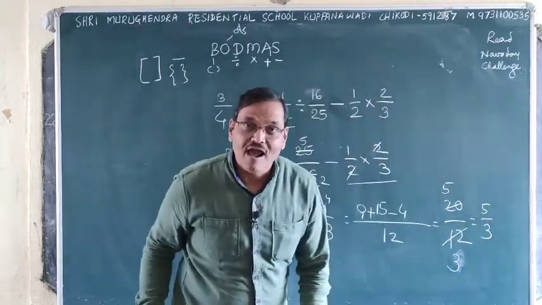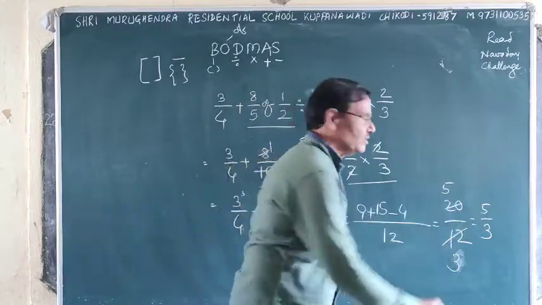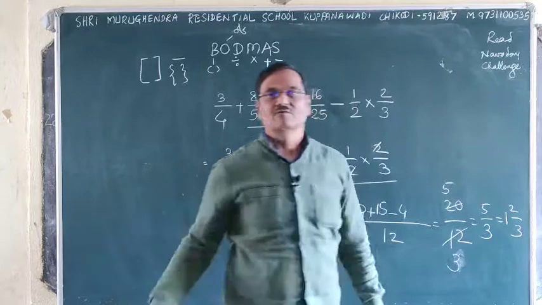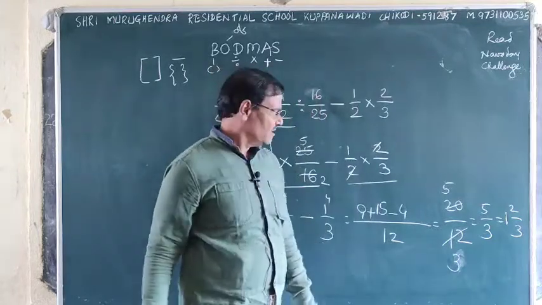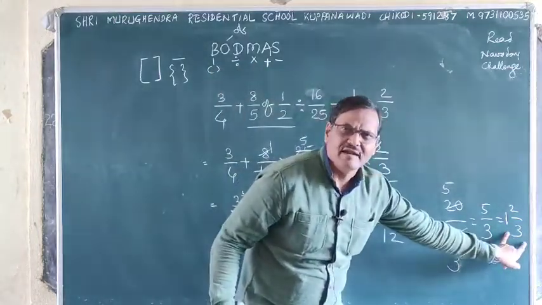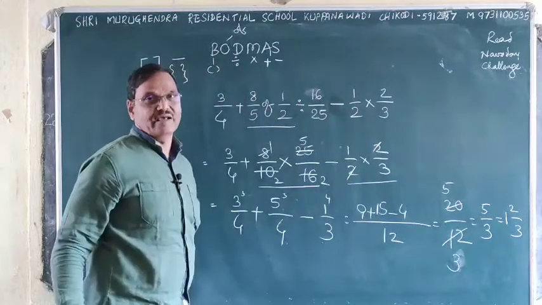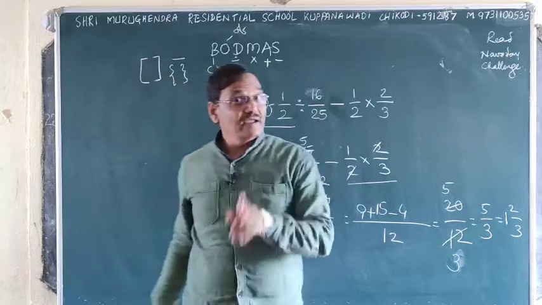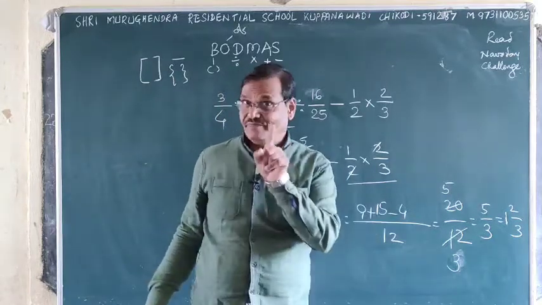If it is not your answer, then I need to check: 3 1s are 3, 2 by 3. 1 and 2 by 3 will be the answer. If you are not finding it, you can make it a mixed fraction. Like this, BODMAS theory also, in detail I am taking after decimals.